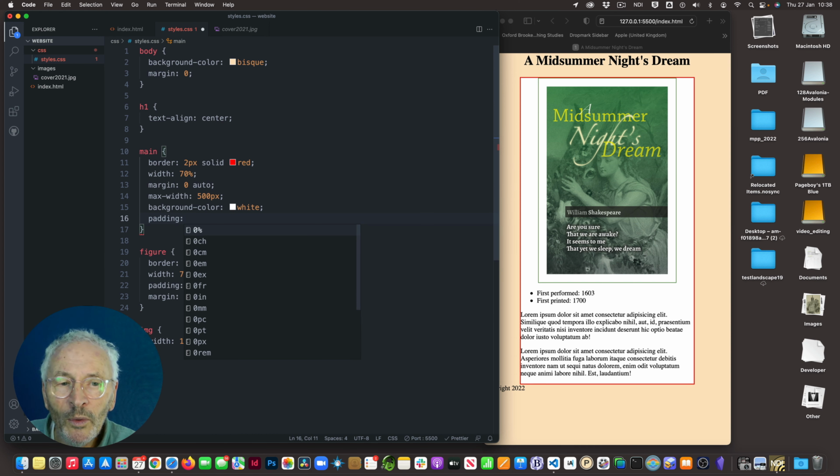Now you can see that I've got this space around so it's not crashing up against the edge. And I think what we'll actually do is remove our border now. We can temporarily remove our border. In other words, we can tell the CSS that this is a line that we're going to skip for the moment. And the way that we can do that is to put in, if we go to command